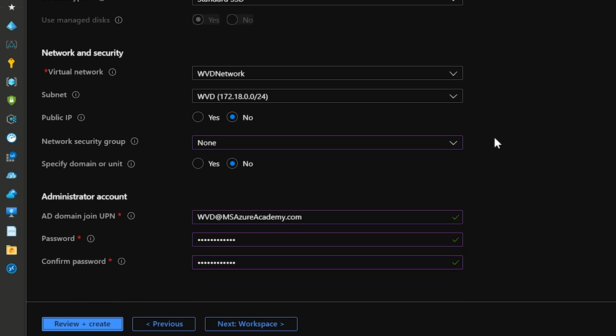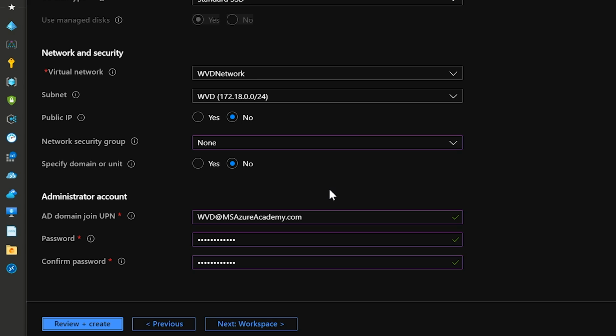And if I scroll down for the rest of it, see what network I'm building it on, which subnet, whether or not I want my VMs to have a public IP address. I'm not going to use a network security group because I already have one attached to my subnet. Then the last few items are related to our domain. In my case, the UPN of the account I'm using to join is the same as my domain name, so the @msazureacademy.com.